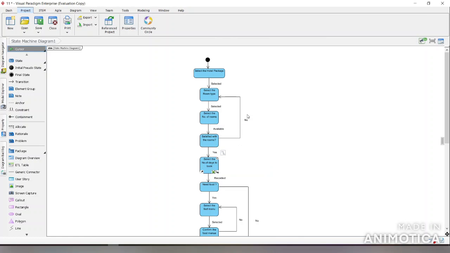If he is not satisfied about the room, he can select another room and continue this process. If he is satisfied with the room, he can select the number of days and he can order food if he needs. If not, he can directly come